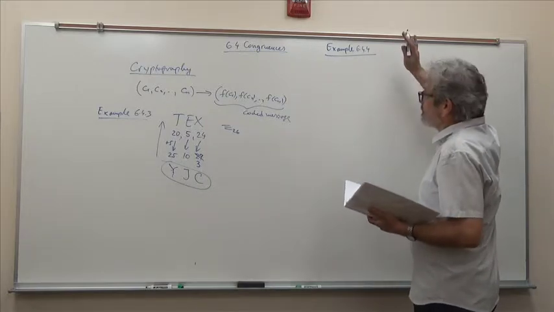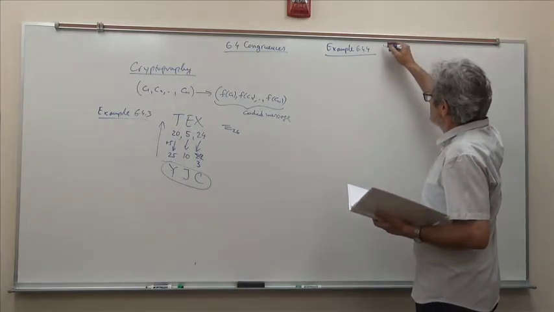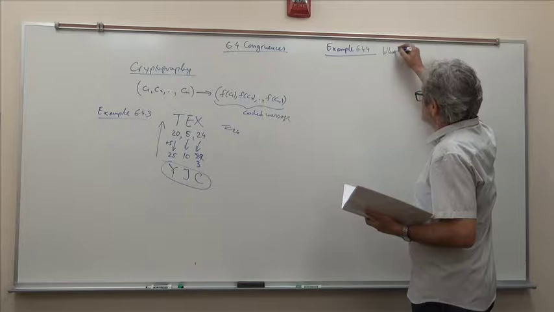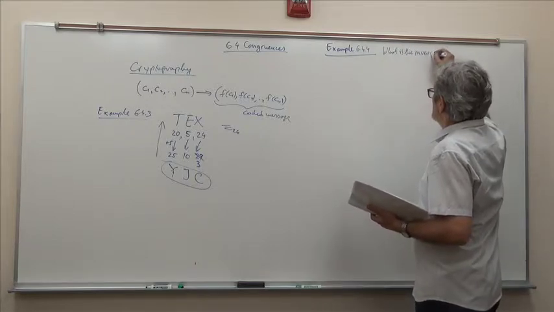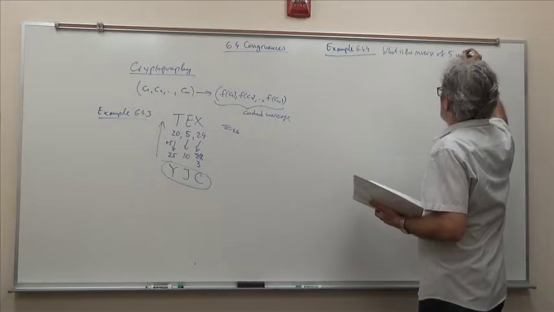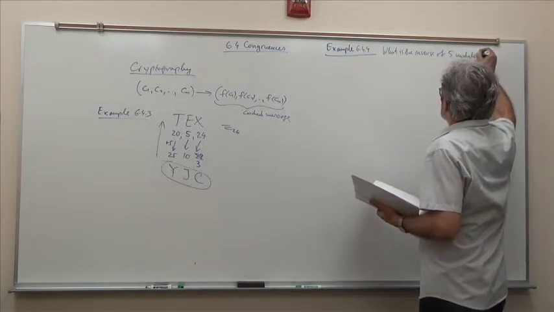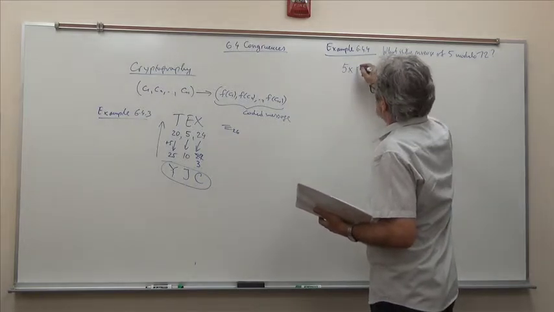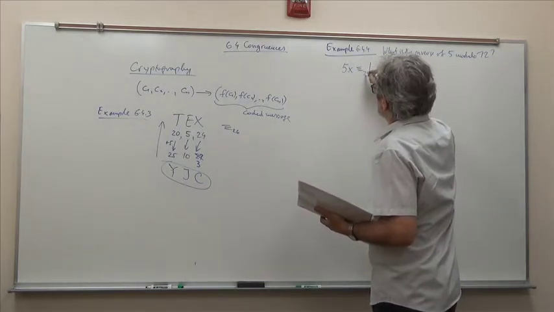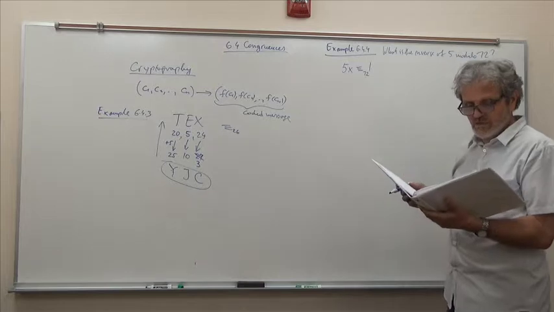Let us find, for whatever reason, I'm not explaining it now, the inverse of 5 modulo 72. So we want to solve the following equation, 5x congruent with 1 modulo 72,